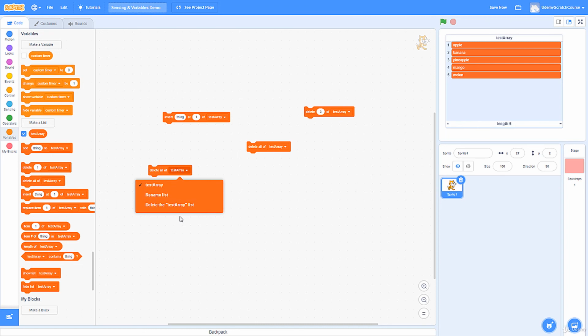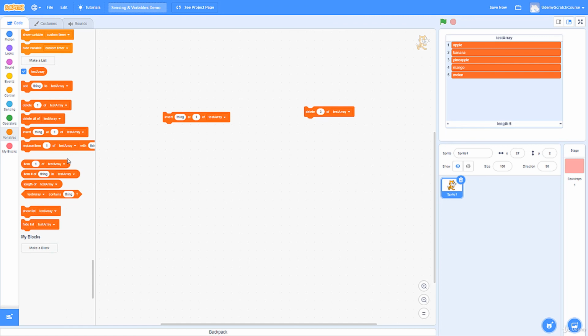Alright, so also this is a drop down, so we can always rename and delete from here. If we had more lists, we can choose what we want to delete from. Same with all of these. We just select the list that we want the function to apply to. So we can also insert. Let's say I want